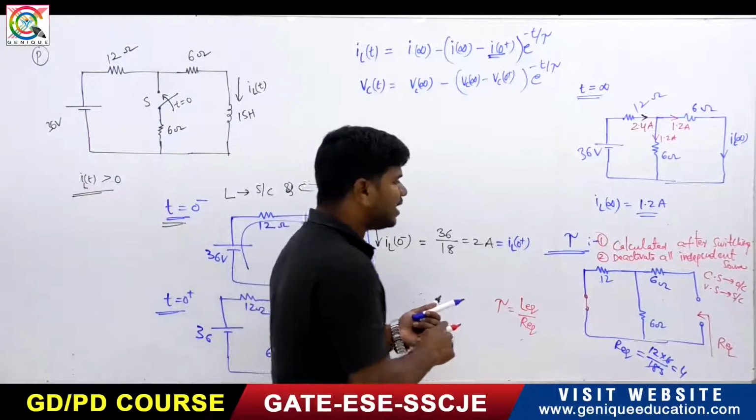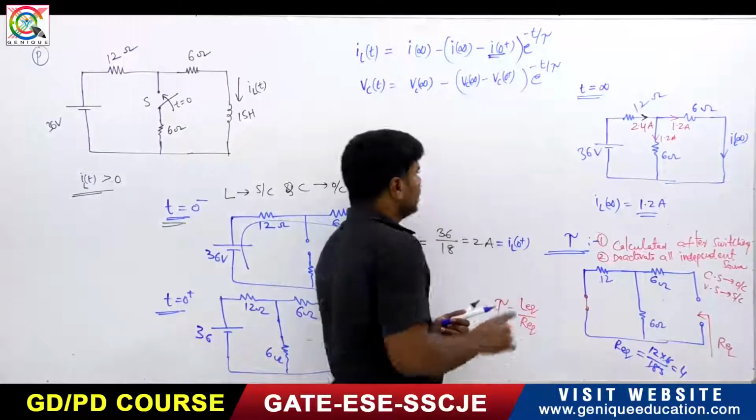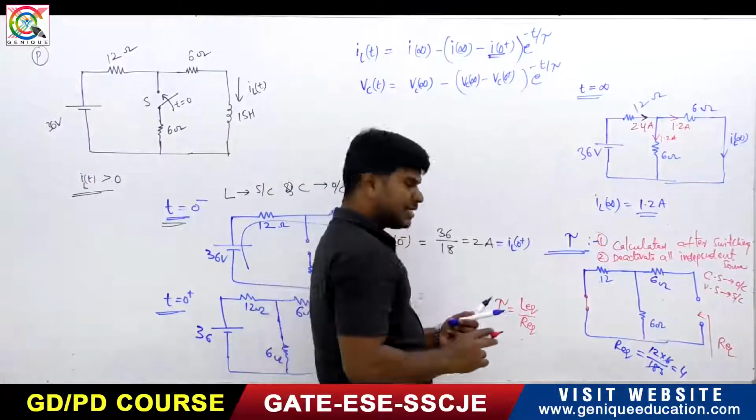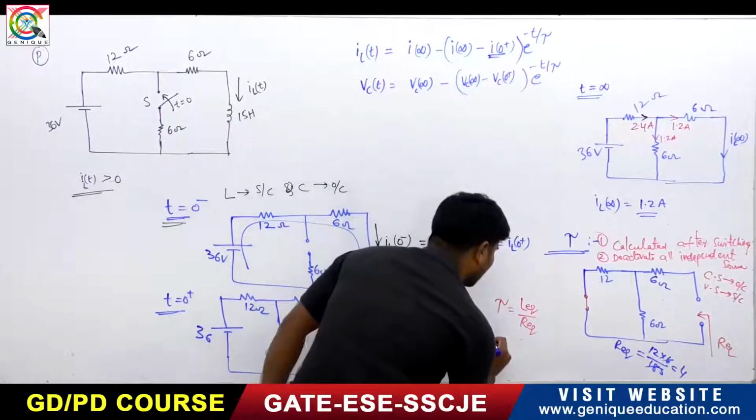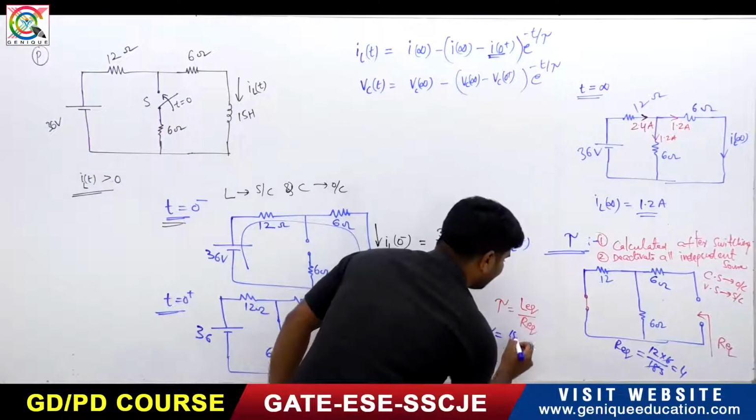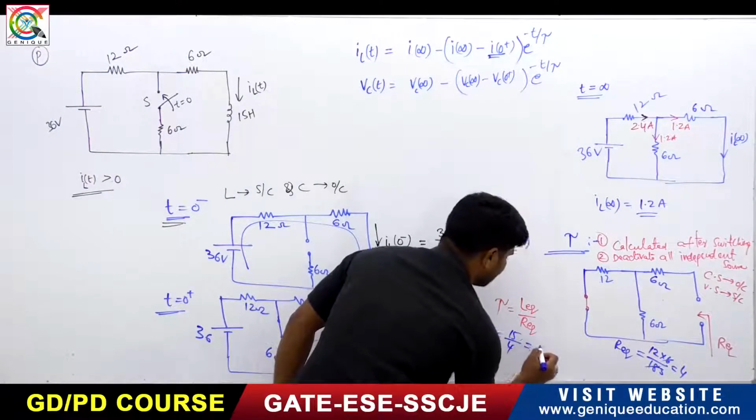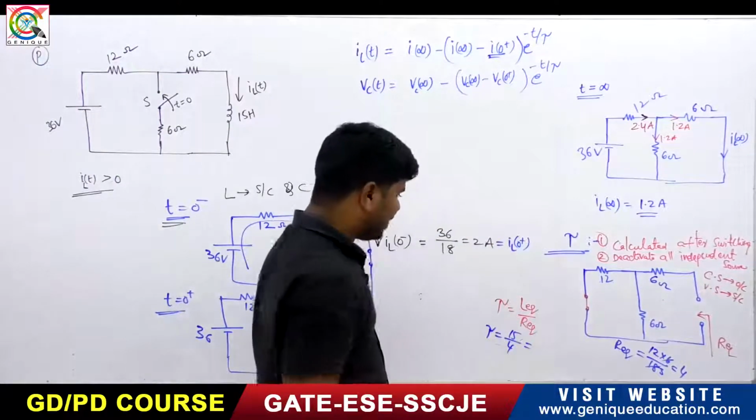Now what is L equivalent? L equivalent is 15 only. Only one inductance is given. So now what is the tau? Tau is equals to L equivalent 15 divided by 4. This is equals to 15 divided by